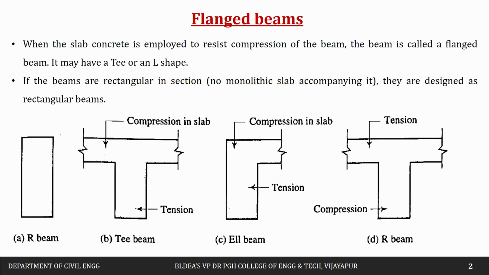design of that section. In the flanged section, we may have T beams and L beams. You can see in the figure, it is similar to the letter T. So this is a T beam, and next it is somewhat like an L shape, so it is an L beam. In general, till now we have analyzed rectangular beam sections.